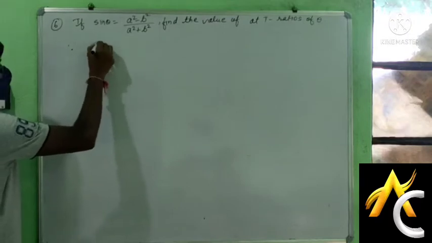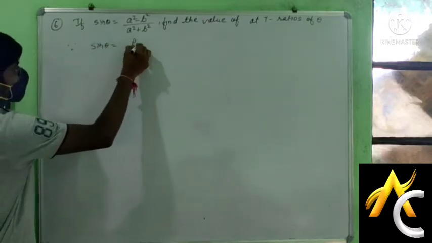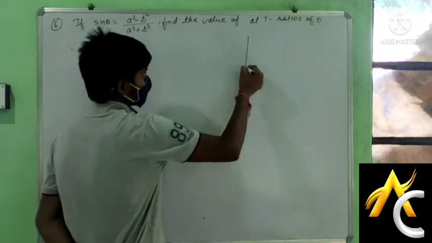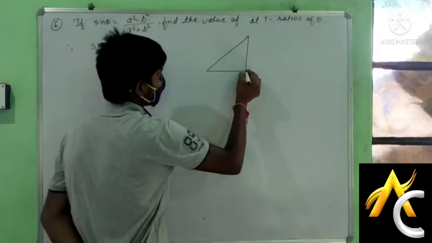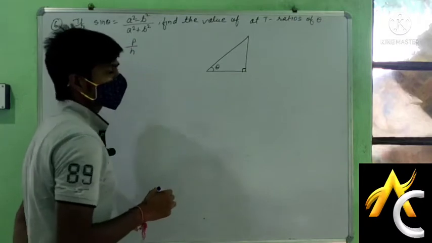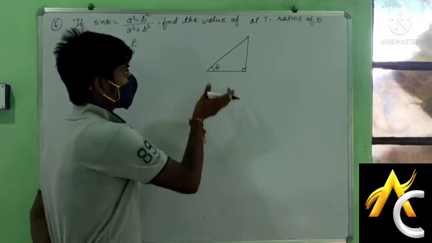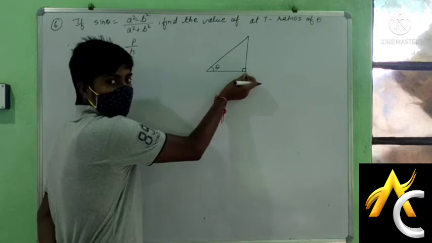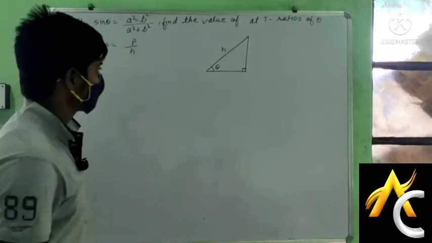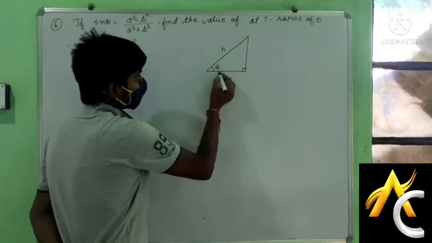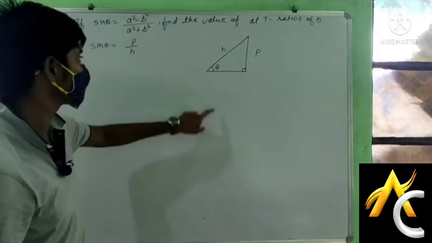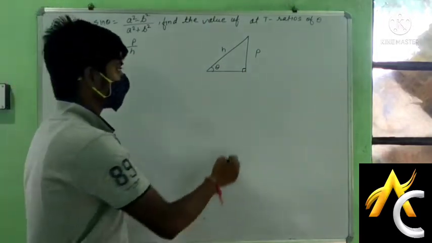So since, as we know that sin theta is equal to P by H, perpendicular by H, right? So we are going to draw a right angle triangle, which is right angle here, and let us consider that this will be our angle theta. Then what will be the hypotenuse? Hypotenuse will be opposite side of right angle, hence it will be h, clear? And side opposite to theta will be our perpendicular height, and side between theta and right angle will be base.